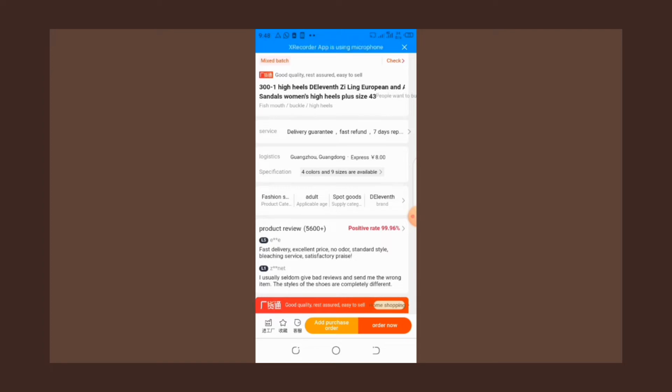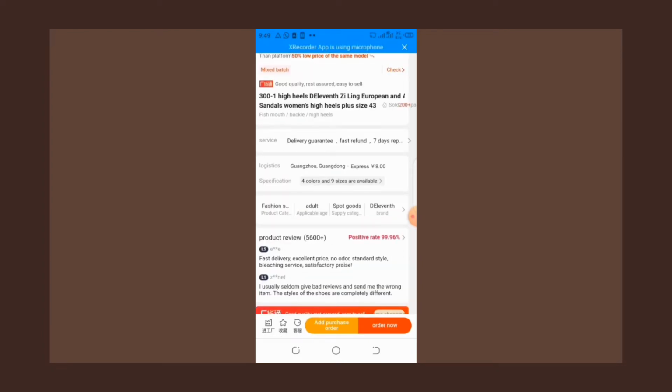Now, moving forward, I want to show us how to copy link. Like you've decided, you've checked everything and you say this store is a good one and I want to buy from this store. How do you go about it? But before that, there is something else I want to show us, and that is also very important.